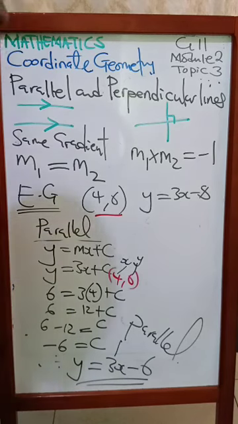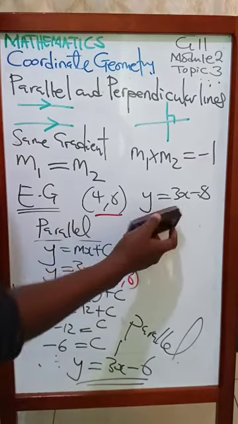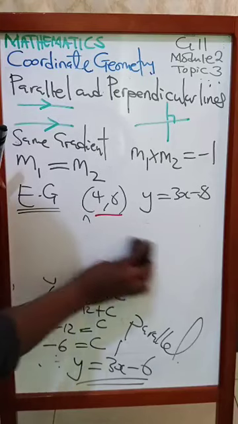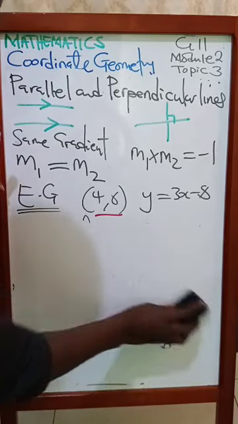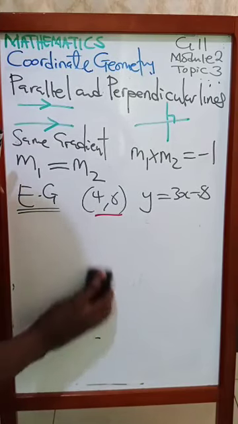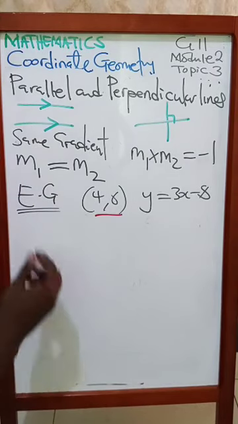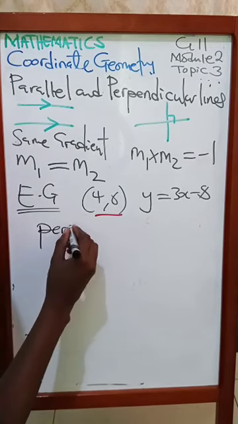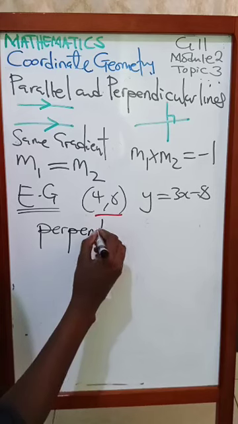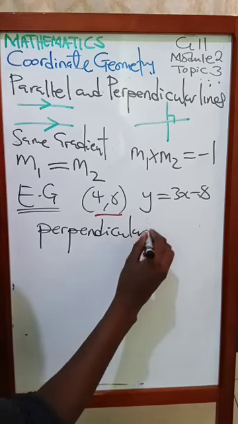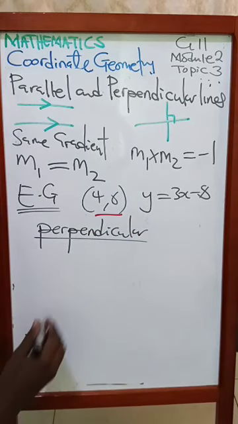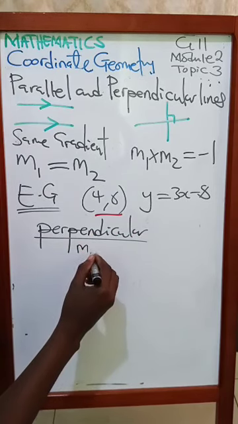Now let's look at the line that is perpendicular to this line. How do you find the line that is perpendicular to this one? In order for us to find the line that is perpendicular, we must remember that when two lines